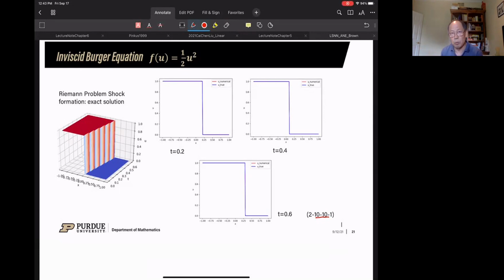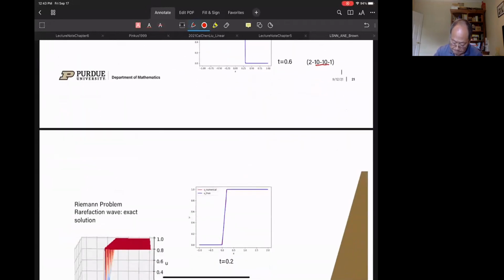And also I see one of the PINN papers also did the viscous Burgers equation, which means in that case the solution is smooth, it's continuous. Okay. This is a Riemann problem with a shock. Now, of course, we have to look at the Riemann problem. If the speed on the left is less than the speed on the right, then that's a problem we call the rarefaction wave. Okay.